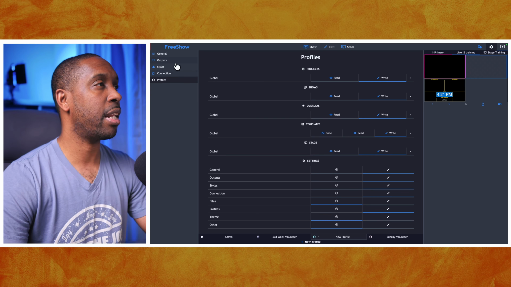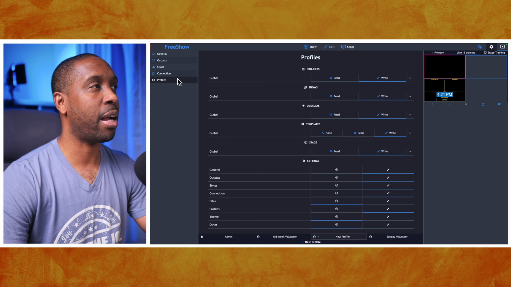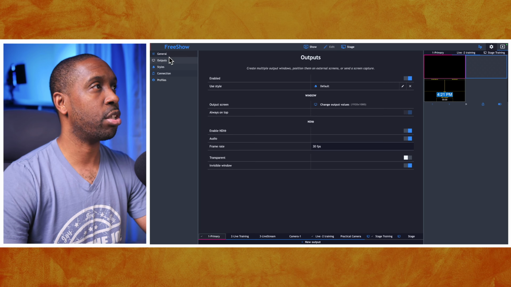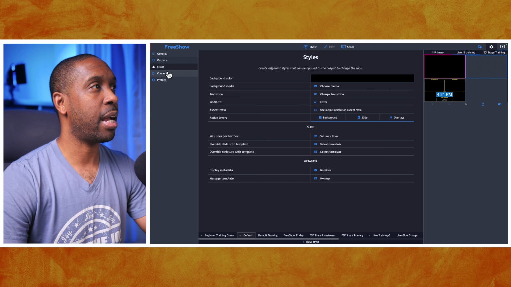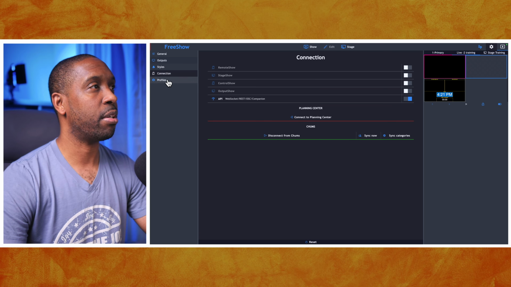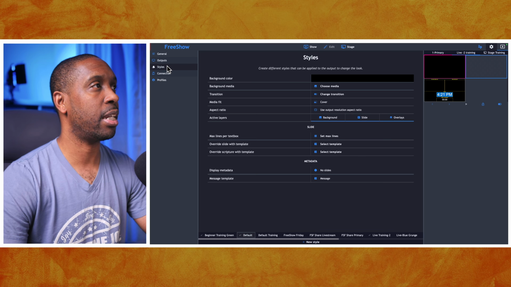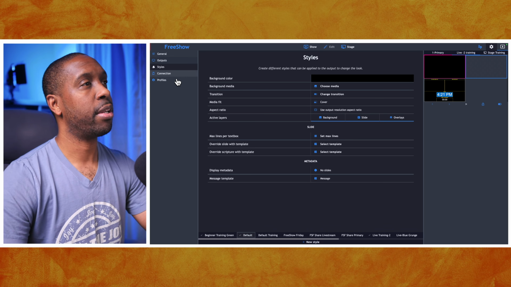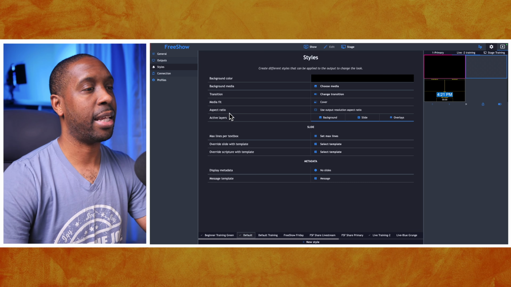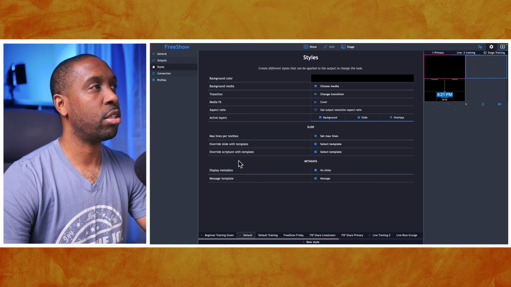And then there's certain settings we changed to where they can't see those here either. And so we said they can see general and outputs and styles. But there's other options like files that they cannot change and or see. Now, if we want to make it to where the profiles is something that they cannot see, we can go